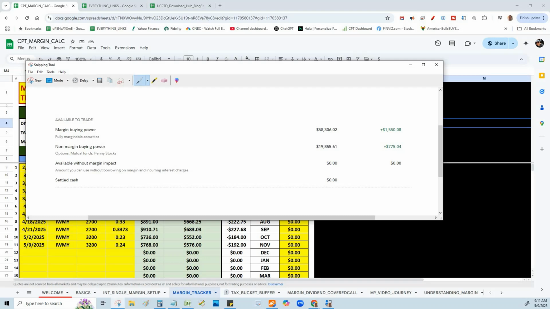Now, one could say if I'm generating thousands of dollars in free cash flow, it doesn't matter. And you're right. That is how you could look at it. Just make sure your numbers are right. My margin buffer has moved higher. Why? Because inside the account, remember, everything in the account is margin. So now my non-margin buying power has moved higher, giving me an even bigger cushion. Just make sure you don't get greedy and say, wow, I had 14,000 in non-margin buying power, now I got 19, I could take $5,000 and go on more debt. Please be safe. Don't be sorry. We don't want to be sorry.